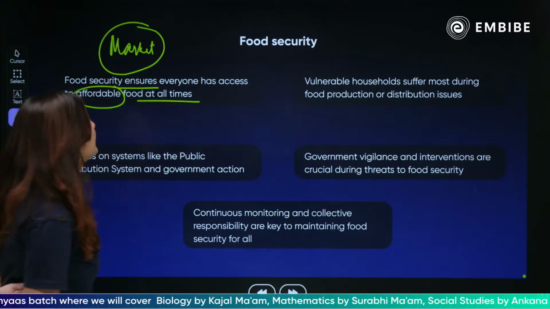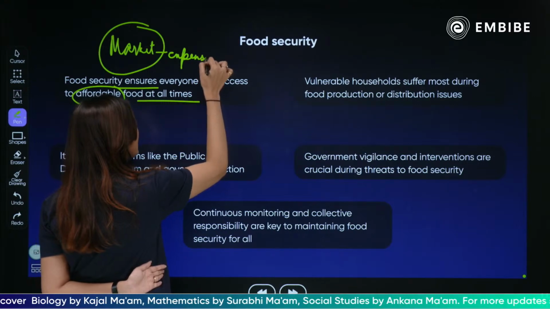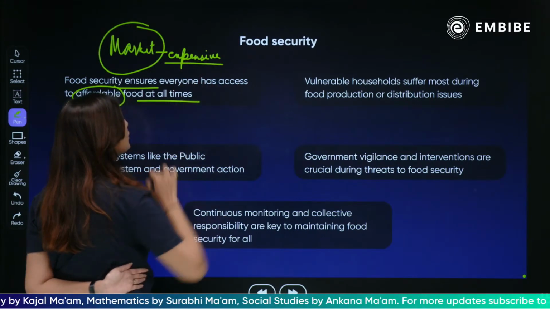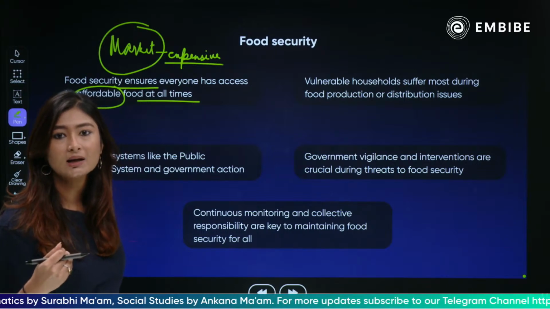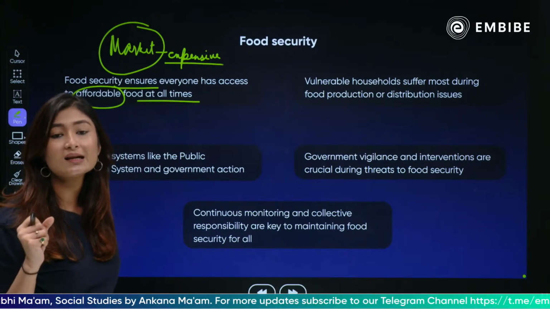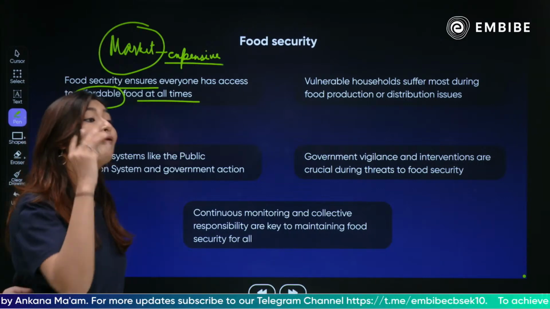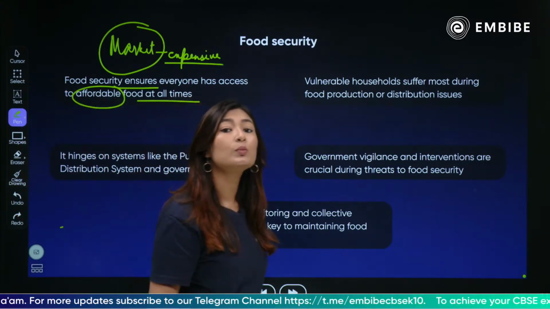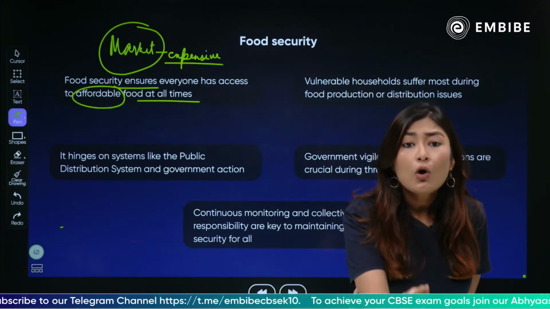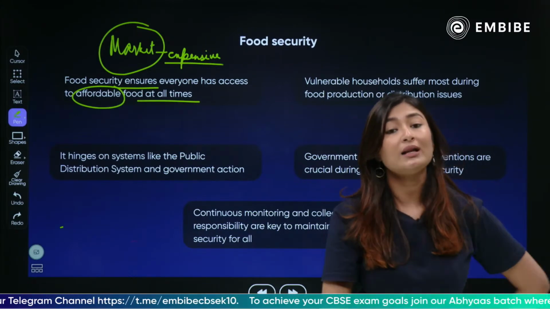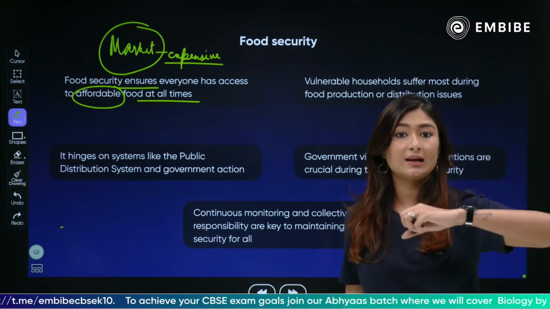But what if it is very, very expensive? So even if I live right in the market, I have a shop right in front of me, but the food that is being sold there is very expensive. I cannot buy it. अगर मैं उस खाने को खरीद ही नहीं सकती हूँ, then how am I secured food wise? I am not, right? So food has to be available, it has to be accessible, people should be able to reach it, and people should be able to afford it, people should be able to buy it. ऐसे पैसों में मिलना चाहिए, इतने वैल्यू में मिलना चाहिए कि लोग खरीद सके.